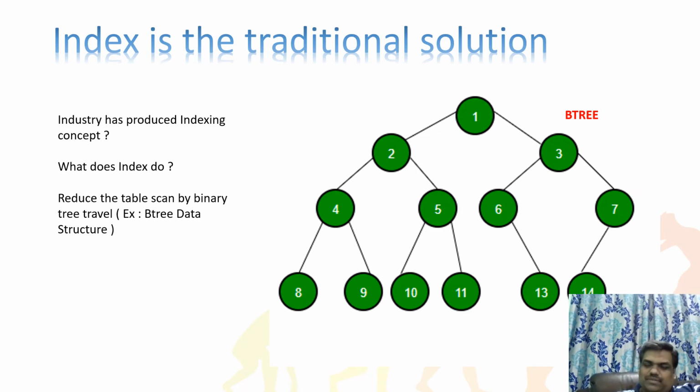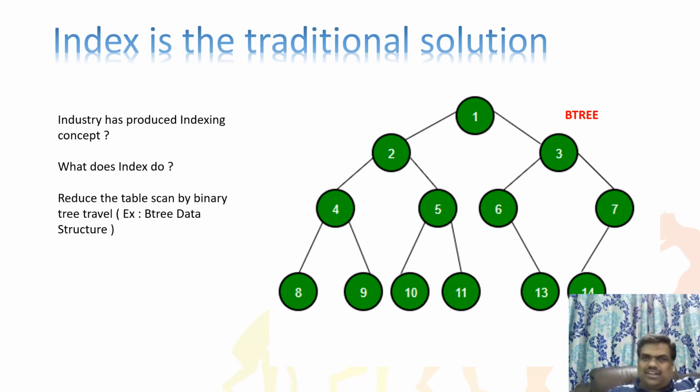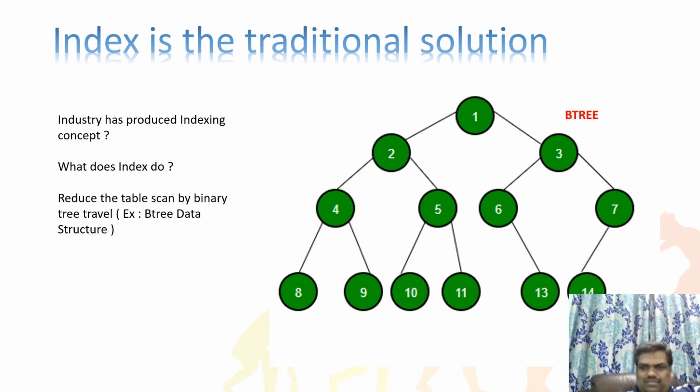I want to search a person with a salary of rupees 6,000. If the person is having a 6,000 rupees salary, I don't want to search through everybody's salary, right? So I can divide the total salary range of the company. Say, for example, the minimum salary of the company is 1,000 rupees or dollars, and there's a maximum of 100,000. In between that minimum and maximum salary, only this 6,000 will fit, right? So I can divide the total number of records into two parts: below 50,000 salary or above 50,000